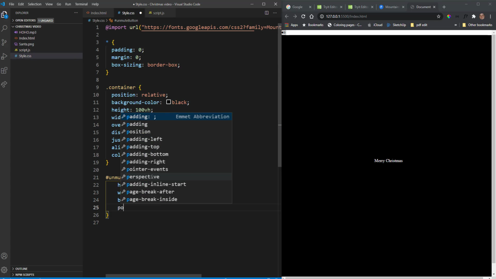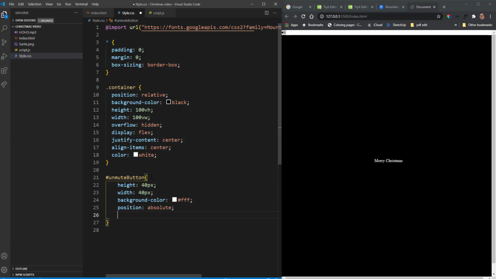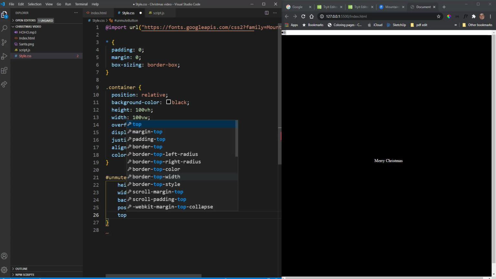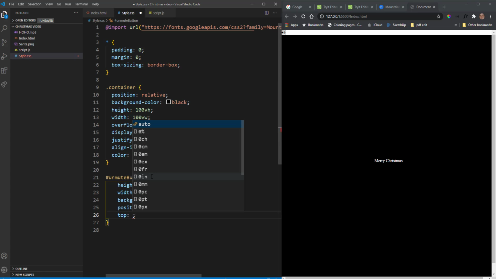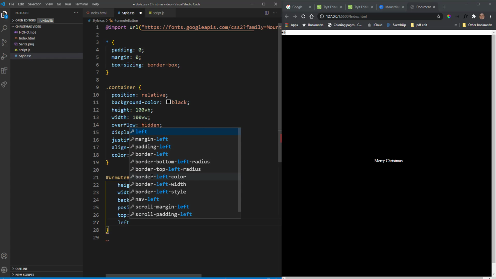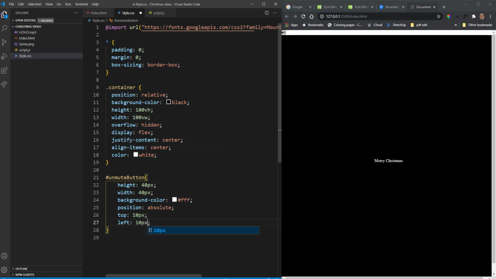Now we're going to set a position absolute, because we want to position it absolute. I'm going to give it a top. I'm going to set it from the top 10 pixels, and the left we're going to set it to come in from 10 pixels,